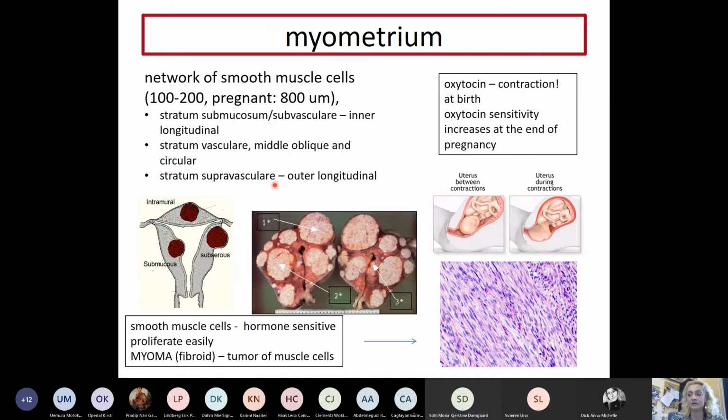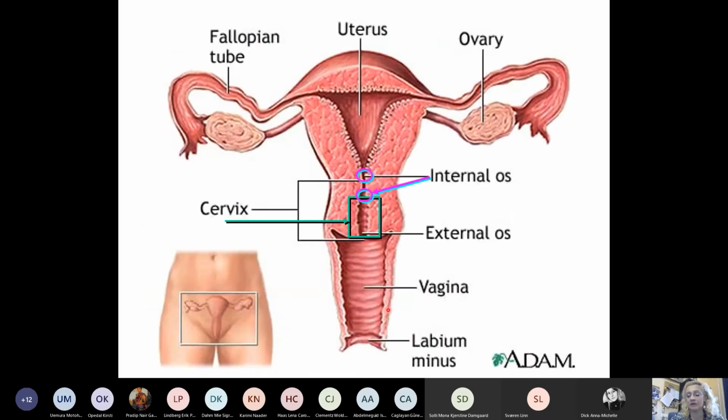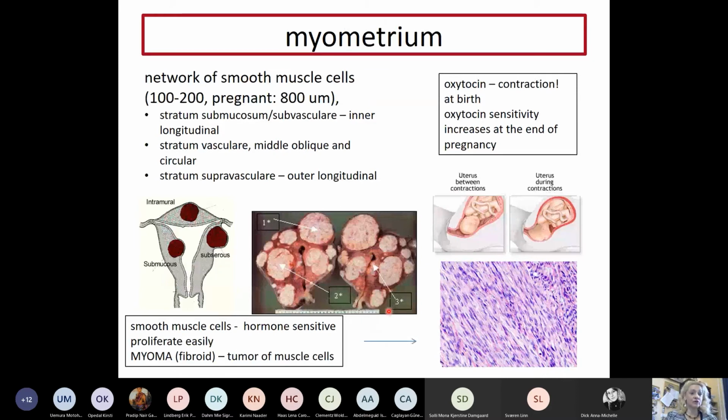We started outside. I explained a little bit more in detail already the serous layer, and the myometrium is coming, and then we talk a lot more about the endometrium, because this is what undergoes the cyclic changes, so what has to be discussed very much in detail. So myometrium is of course smooth muscle, and you heard about the myometrium of the uterus already in the first semester when we did the histology of the smooth muscle,